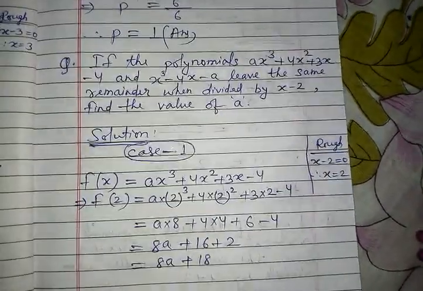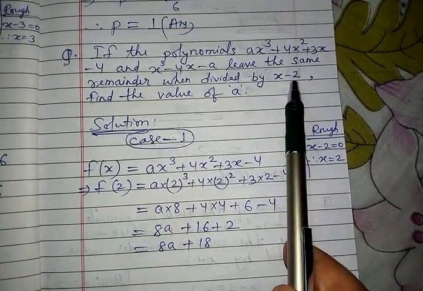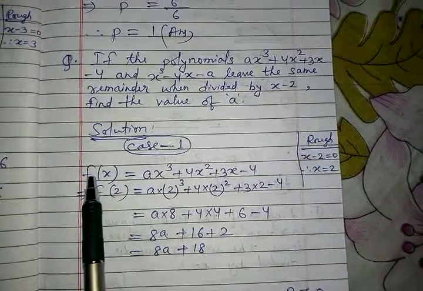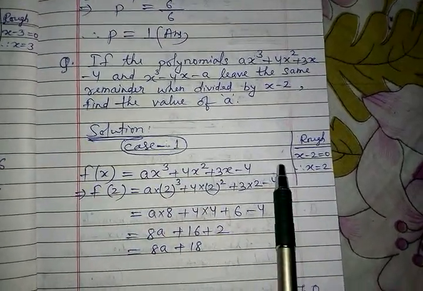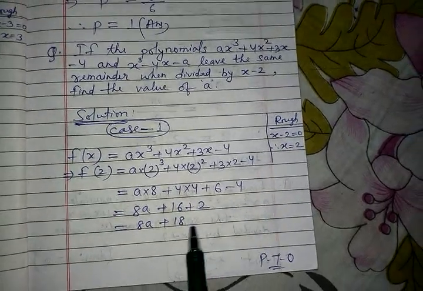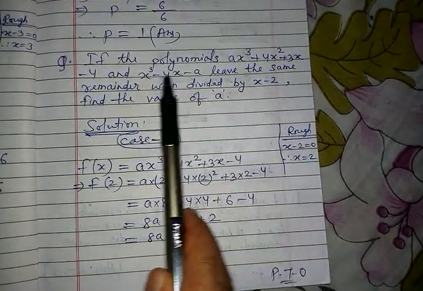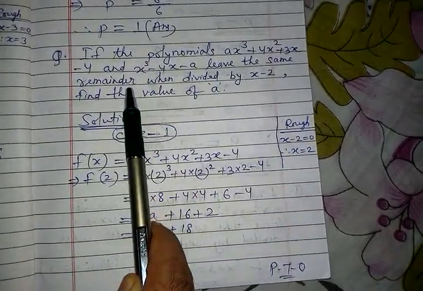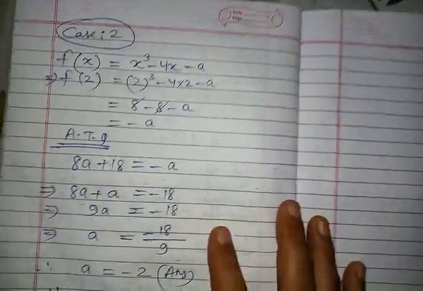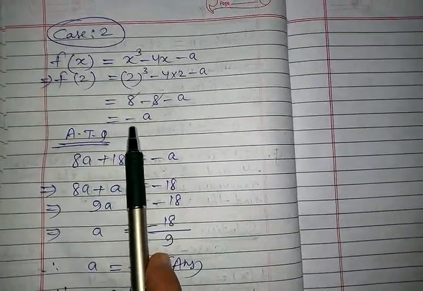Meaning is same. So you can say here value of x will be plus 2 because this minus 2 becomes plus 2 in the rough. You can see f(x) in case 1, first polynomial, value of x is 2. I put the value of x, I get this remainder. In case 2, I will write second polynomial. This is second polynomial, and there also I will put the value of x as 2. So here again I am putting the value of x as 2, second polynomial. Here I get the remainder minus a.